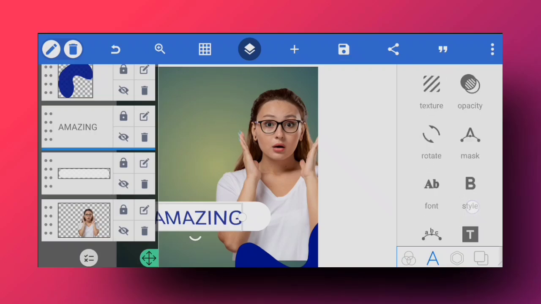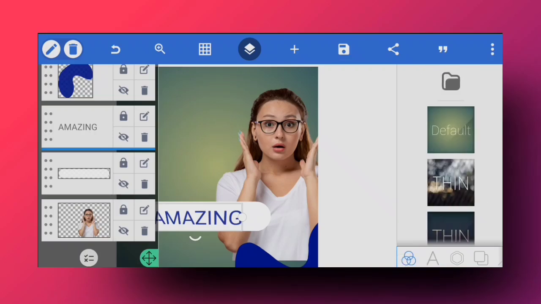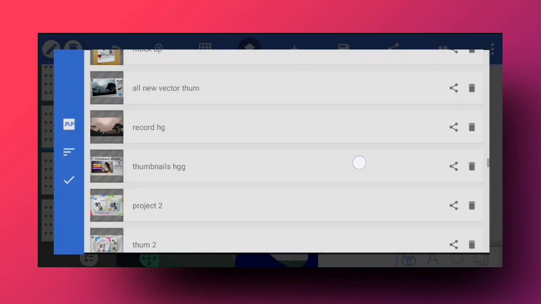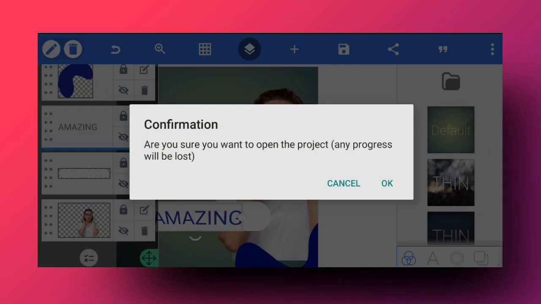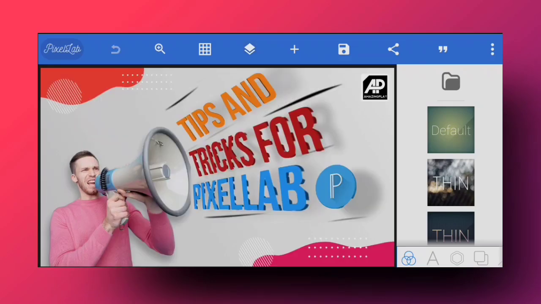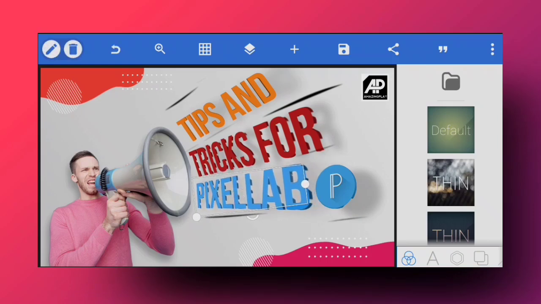So if I have that thumbnail, I will show you just right now. I'm gonna go into my thumbnails, and let's see if I have that thumbnail right here. So yeah, I have it. Right now, as you can see on the screen, the text is in 3D, in this 3D environment, and the text is looking a lot 3D. I know it is a little bit not working right now, but when I made this design, it was working with this tool.